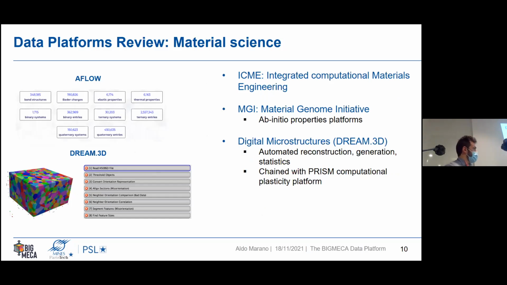In material science, a lot of initiatives have been triggered recently to meet the challenge of integrated computational materials engineering, which ultimately aims to develop an integrated platform that allows to simulate all the properties of a material online, or informatically, and to be able to speed up this process, to speed up material development, and especially reduce the cost of experiments in the development. So we can quote the Materials Genome Initiative that